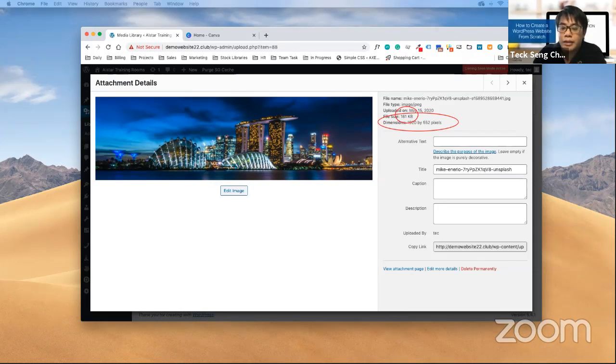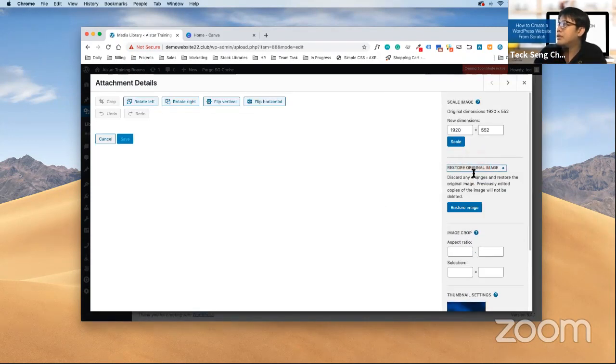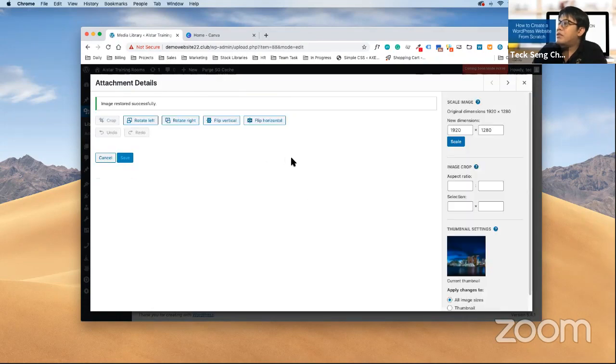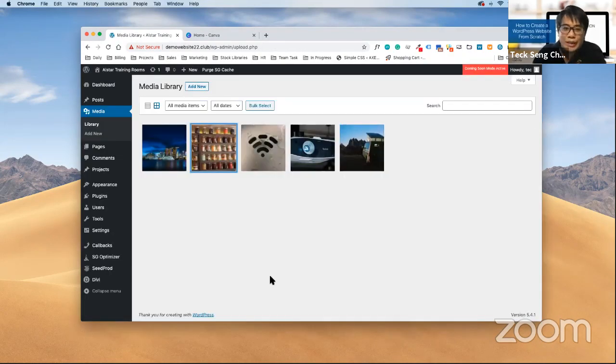Okay, now let's do this together. So we head down to your backend, head down to your image. Let's do this together. I'm just going to do a restore first. I know some of you are not using dual screen, so I'm just going to speak out my instruction. Just follow my instruction.